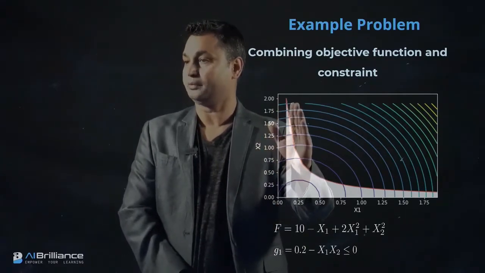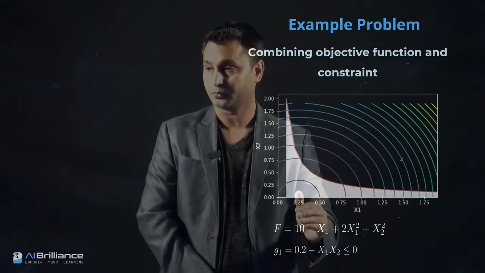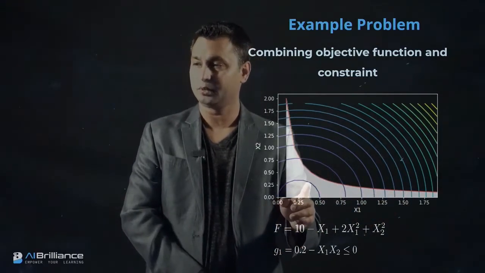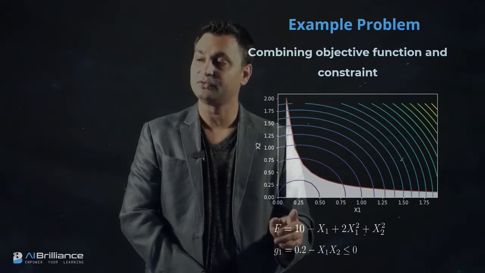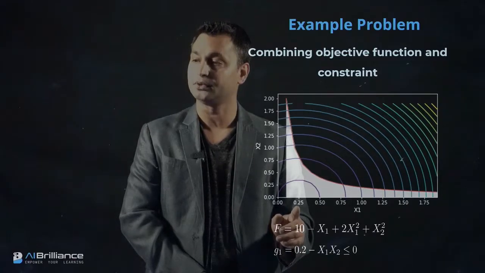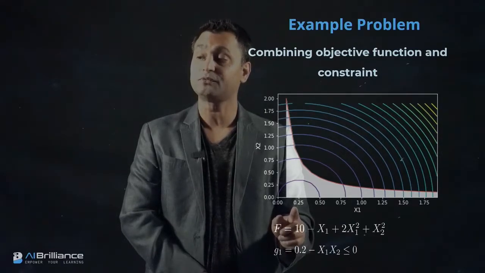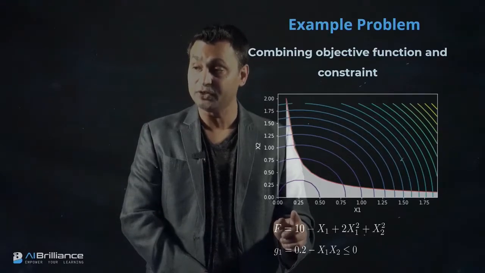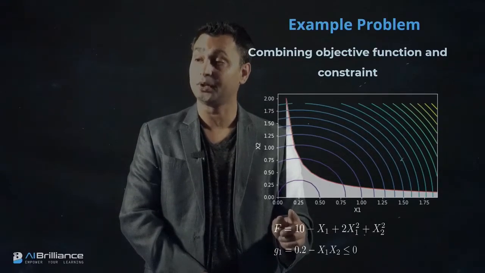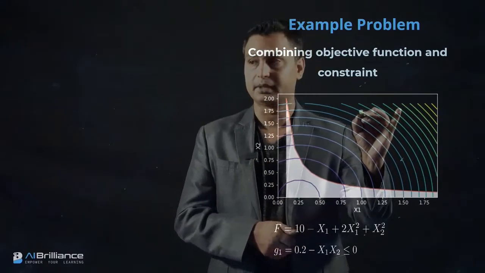So what it means is that anything below this is going to be infeasible. We knew that the minimum value of the function was probably somewhere right here, but that lies in the infeasible region. So this could not be an optimal solution, because although the value of a point here with respect to the objective function is low or minimal, since it is in the infeasible region, it is not going to be the optimal solution.